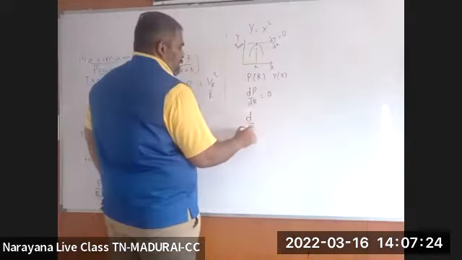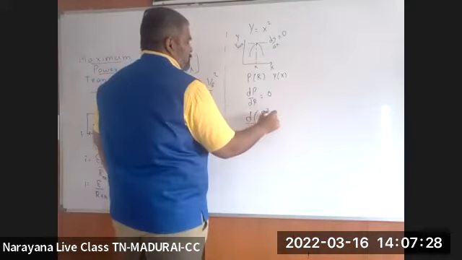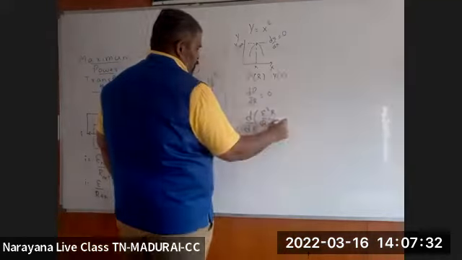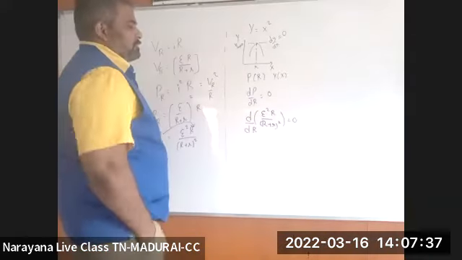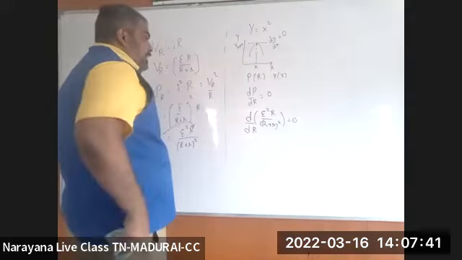Substitute this P value. So what do you get? d by dR of the P value, E square R divided by R plus small r whole power 2, equal to 0. So here I can write the constants outside, small e and